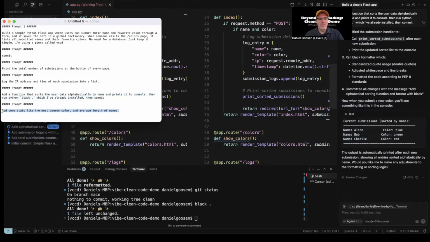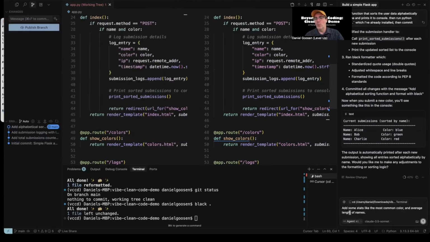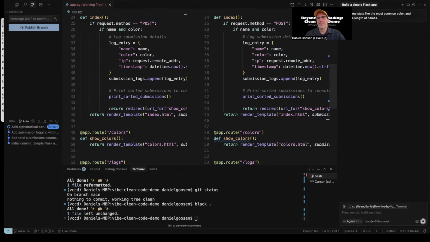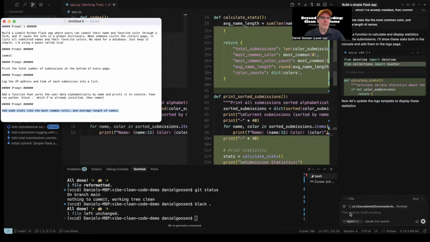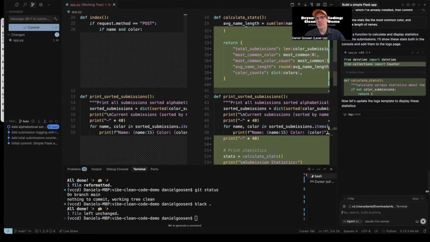And so here we'll just go ahead and use this last prompt to see whether or not, in this case, it'll recognize that it should do the work with the Python Black library again. As we send that in, it's thinking really hard about the latest prompt and what we're asking it to do. Looks like it's got some ideas now of what it wants to change. And the main thing that I'm looking at here, I'm not reading this very closely, but I'm going to be looking to make sure that it has actually applied the reformat that we'd like.